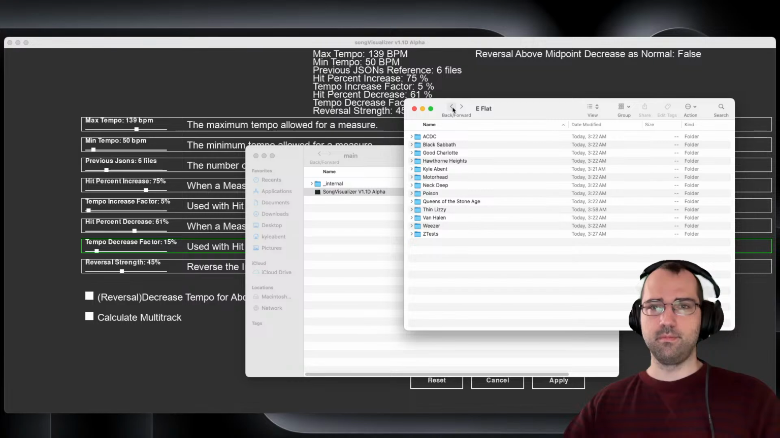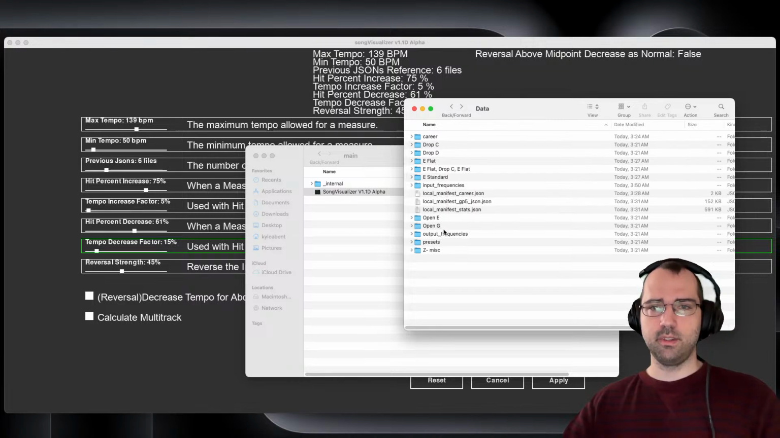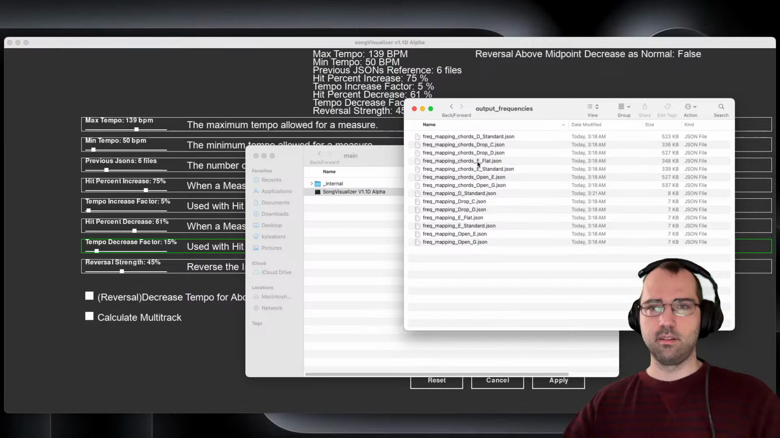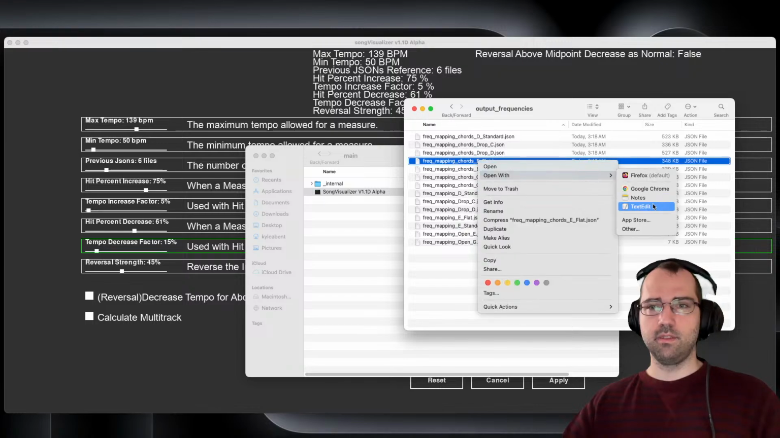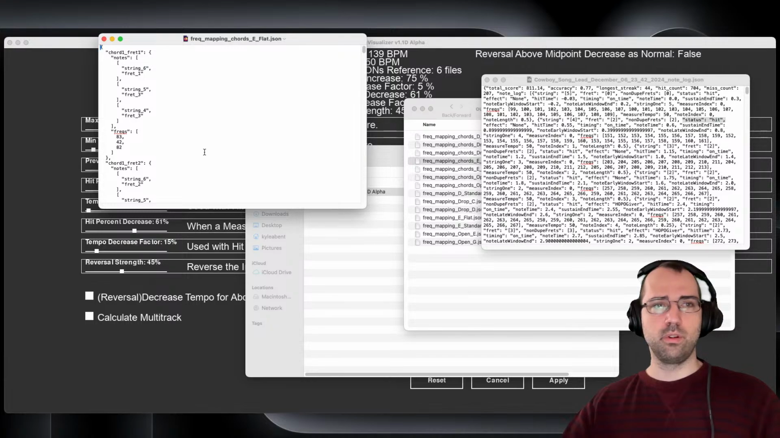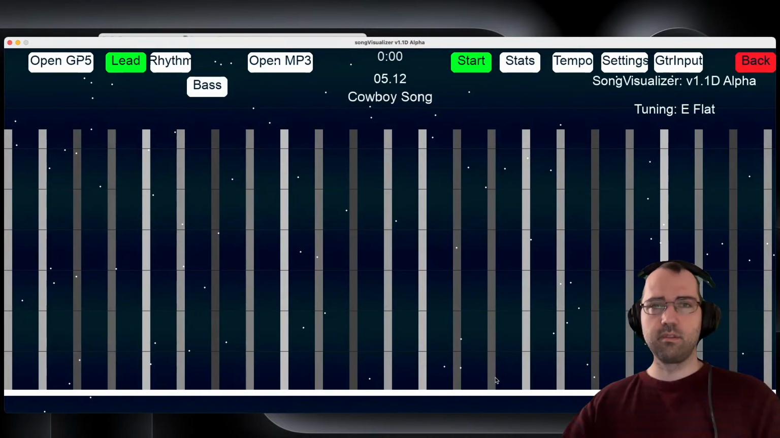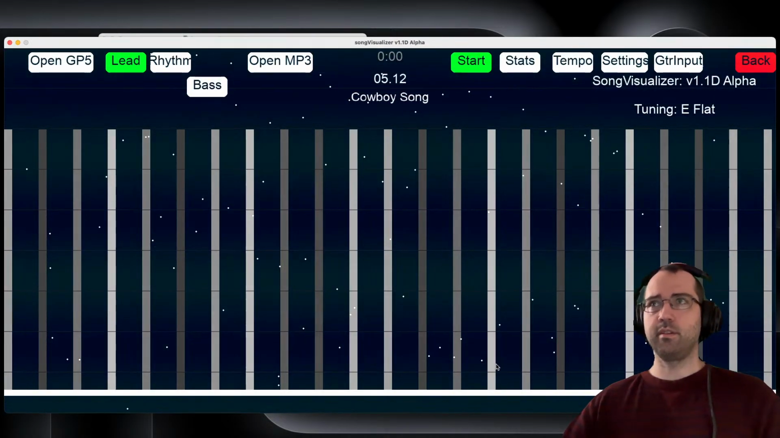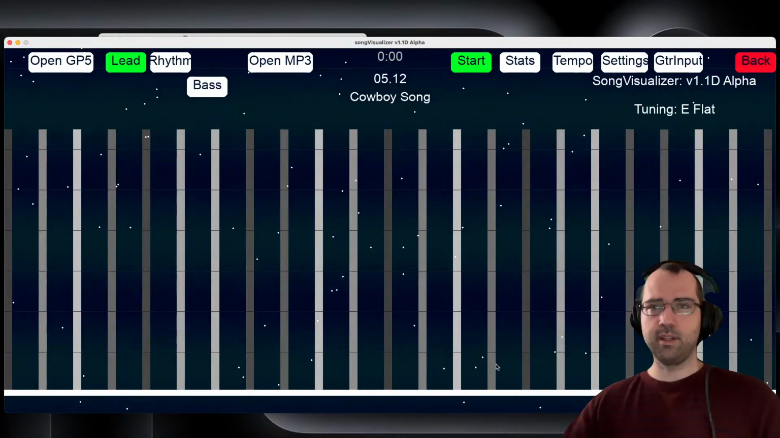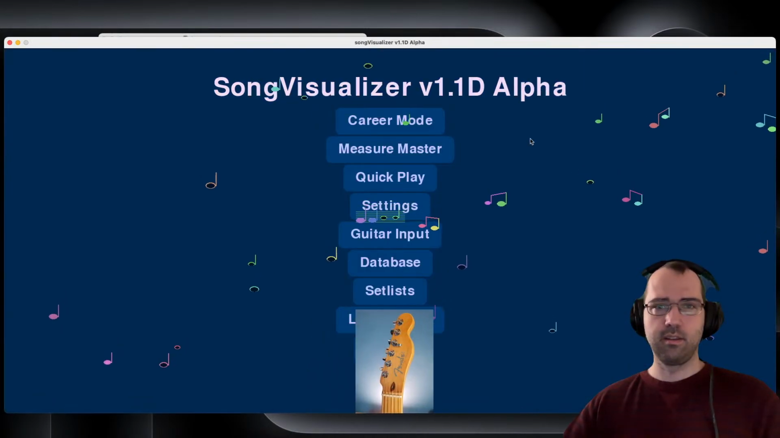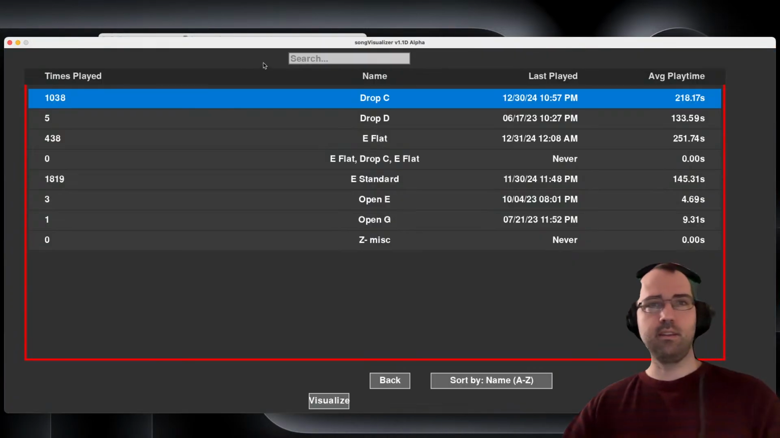If the data output frequencies, if the chord has the wrong frequency, or if the chord is not found in here. So I know, oh, this measure is slow because the chord's not defined. So one example of that is,